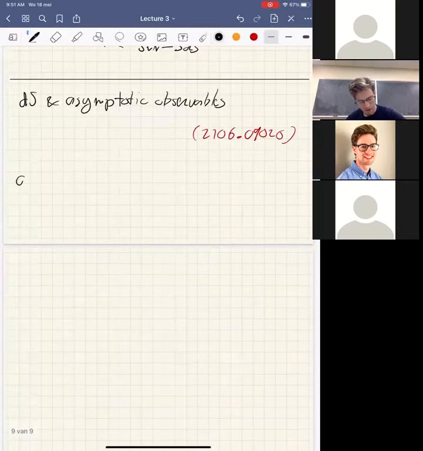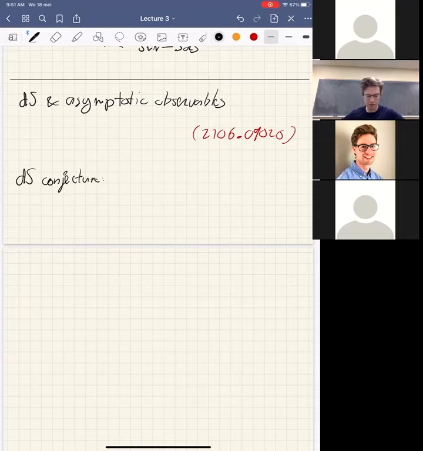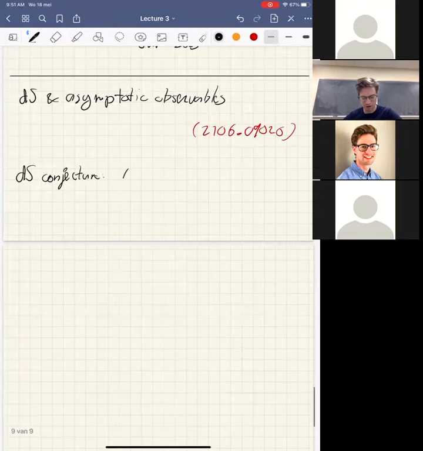Okay, so what's the argument of the paper? Well, perhaps you have already heard about the de Sitter conjecture in other lectures, but if not, let me briefly mention it. So the de Sitter conjecture basically tells you that if you have a potential that depends on some moduli or scalar fields, if that's derived from quantum gravity,